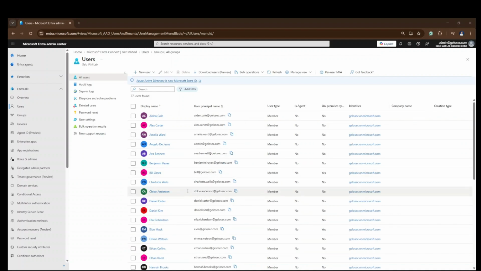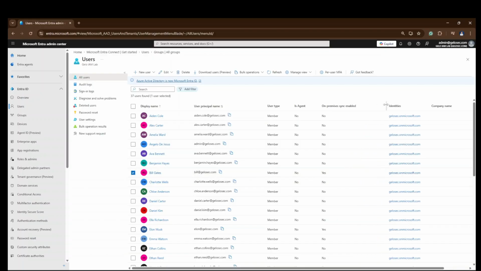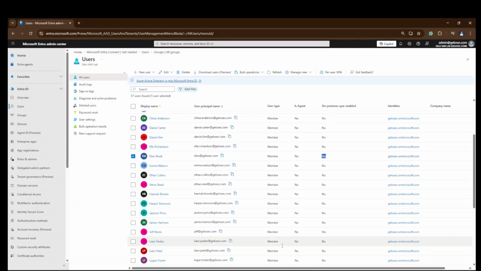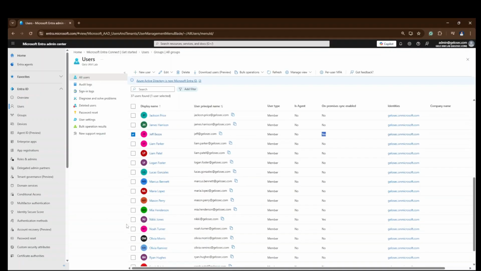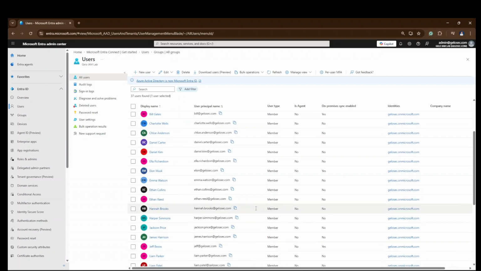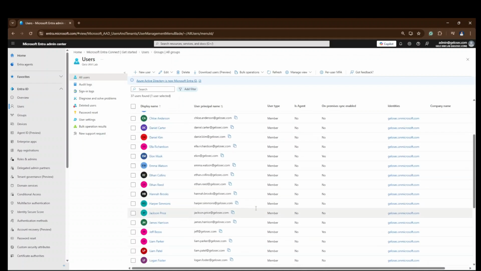And yes, after a couple of minutes, Elon Musk is here, Bill Gates is here, and as you can see, the on-premise sync enabled column here says yes in all the on-prem users that we have: Elon Musk, Bill Gates, Jeff Bezos, and Nicky Jones. So it means our synchronization is successfully configured.